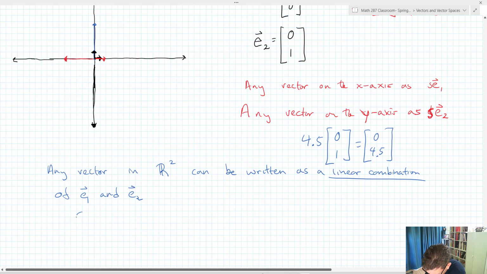So for example, if I wanted to write the vector 5, 3, it is 5 times 1, 0 plus